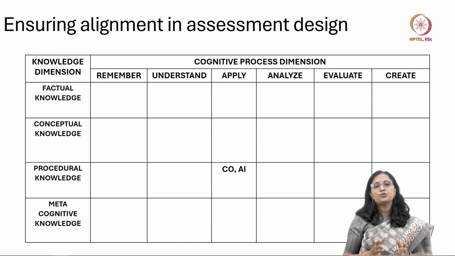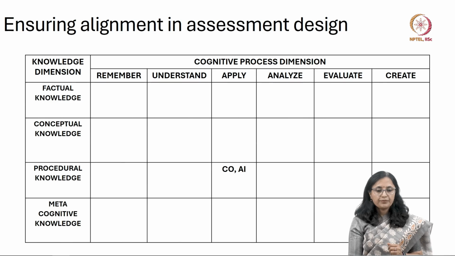And if you could recall, this is ensuring the validity of the assessment, because I am assessing what we intend to assess. The intention is to assess the skill of application, the procedural knowledge, and the assessment item is actually able to do it. Such kind of an alignment is ensuring validity in the assessment. Now let us see one example to explain the logic of 60% and 40%.